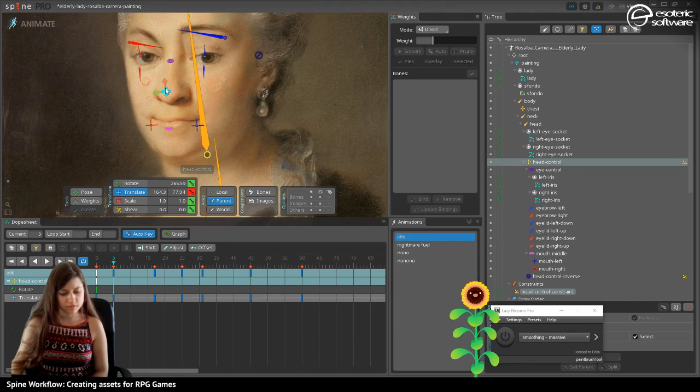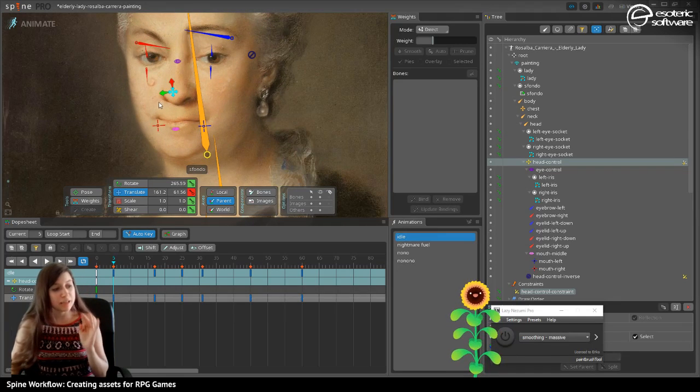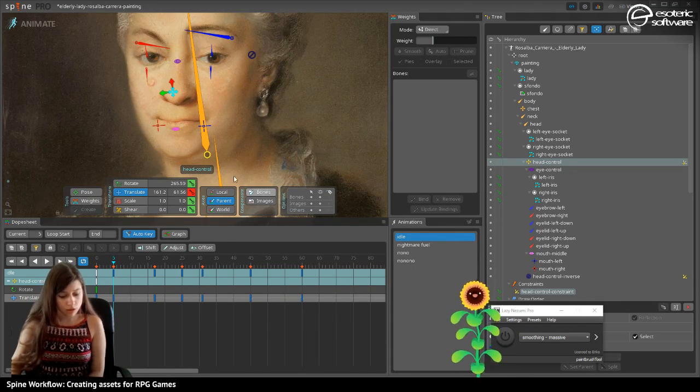Translate. And then I move it. It still keeps the 3D illusion. Now imagine having to do the same, but without the bones, but with direct deformations, which is the alternative to not using bones. And that's crazy because you have to,